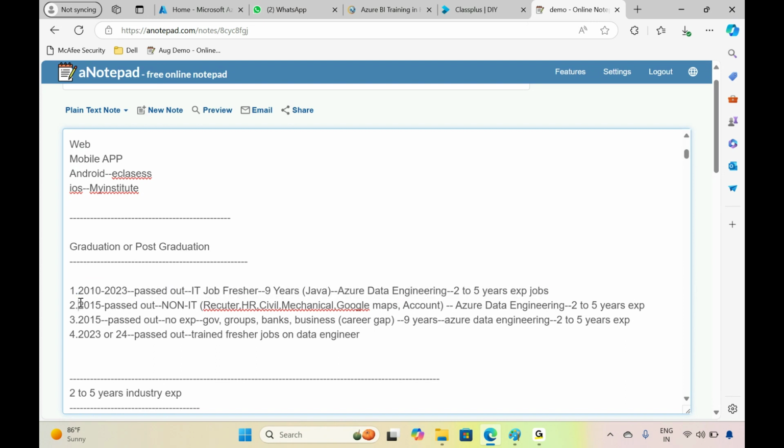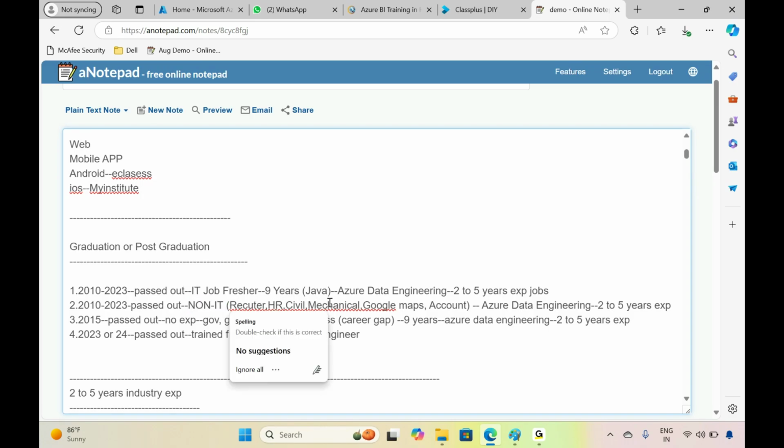Second category, this guy also passed out long back, between 2010 and 2023. He is a non-IT guy. Unfortunately, he didn't get an IT job, so he joined in non-IT roles like recruiter, HR, civil, mechanical, Google Maps, accountant, faculty. There are so many non-IT jobs.